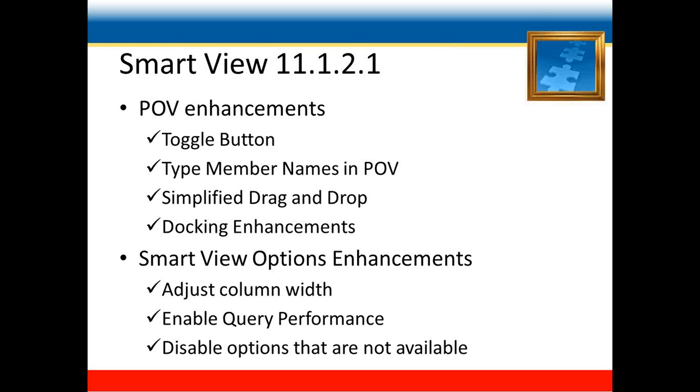For these ad hoc operations, you don't need the formulas and comments to be executed, so enabling this option results in high performance of the query execution. Some of the options for an active connection may not be relevant to you, so from this version onwards, these options will be disabled by default.